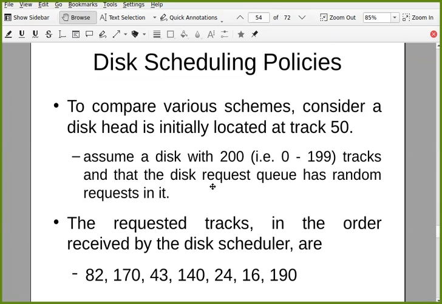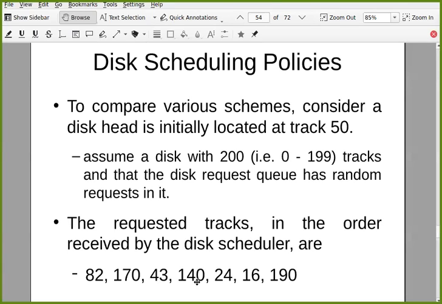The disk request queue has random requests in it. Multiple processes have requested some operations on this disk, which has 200 tracks, where initially your read-write head is at track number 50. What are the requests? Which tracks are being requested by different processes?